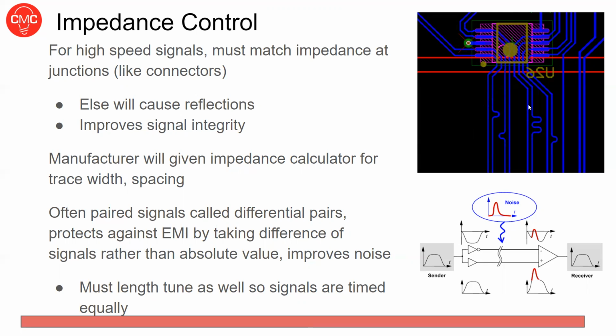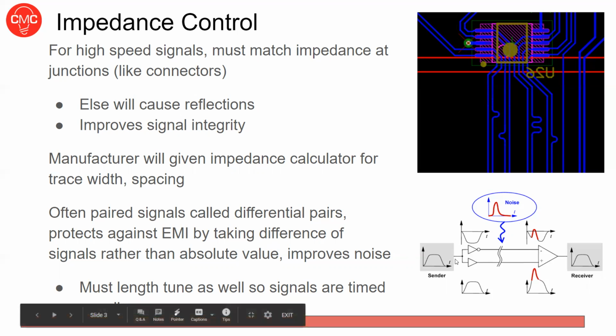Another few things about high-speed signals in general: often they're in these things called differential pairs. If you look at this layout, you'll see that they are paired up in pairs of two. And that's intentional. These are differential pairs. And the idea of this is that if you have one signal traveling along,